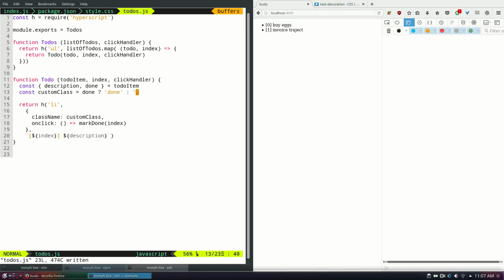So down here on click, what we want to do is actually just use the click handler, which is going to be markdown that we've been passed in, and say on click, hey, could you actually just run that click handler now and pass in the index of whatever particular item this is right now. So let's have a look. Great. Okay, so let's review